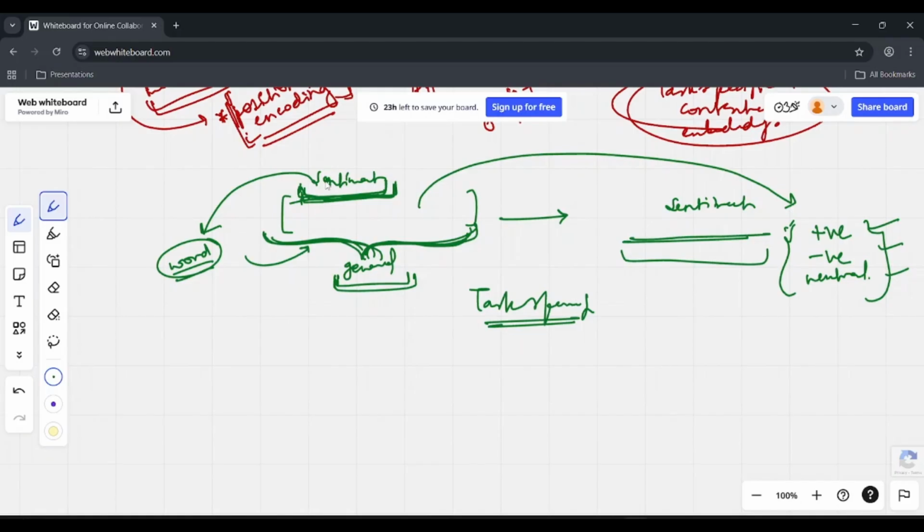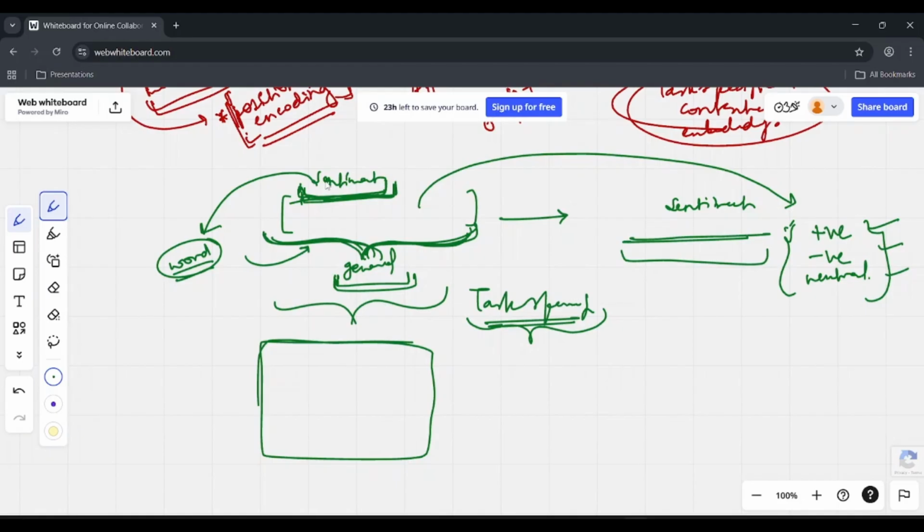So that is what the difference is between our contextual embedding and task specific contextual embeddings. Contextual embeddings are like a raw picture where everything is there in the picture, but nothing has been emphasized yet. And task specific contextual embeddings are when we emphasize a particular part of the picture for a specific need.